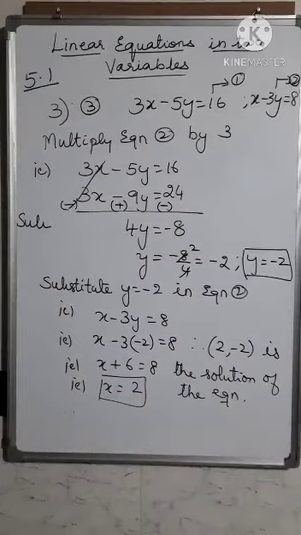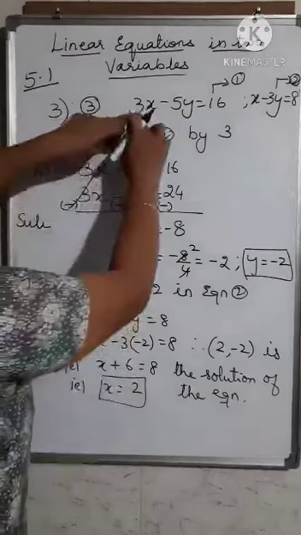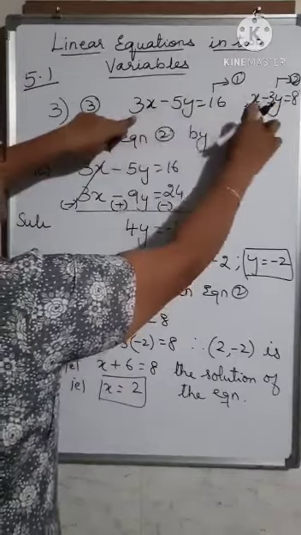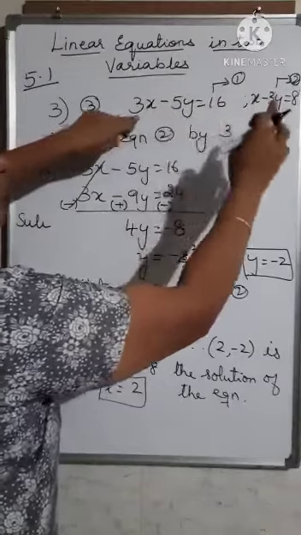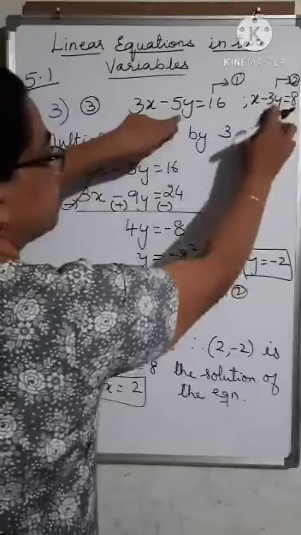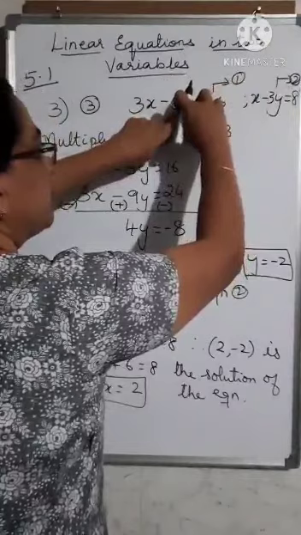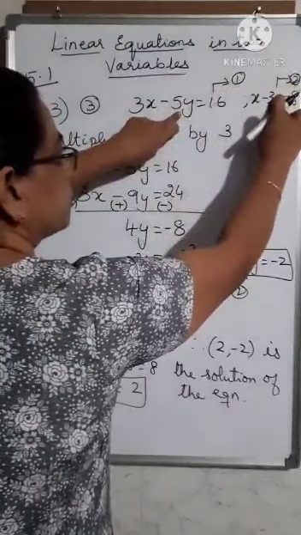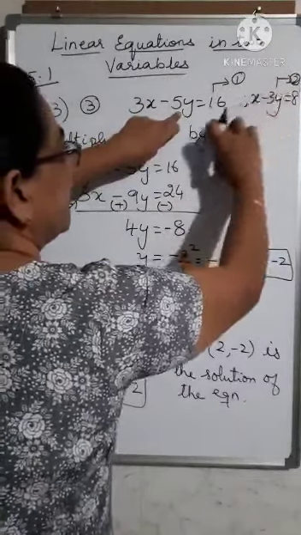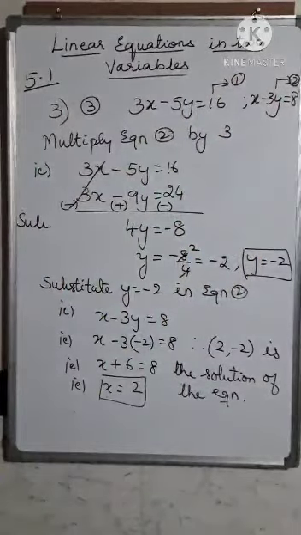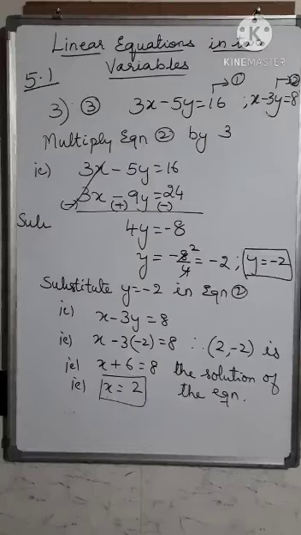The only thing is, when you are making the coefficients equal, you got the coefficient here as 1, so multiply the second equation by 3. Any one you can. Suppose you want to make the coefficient of y equal, multiply the first equation by the coefficient of y in the second, that is 3, and multiply the second equation by 5. Then you can make the coefficient of y equal. So this is how you work out a problem using the elimination method. This is called the elimination method.